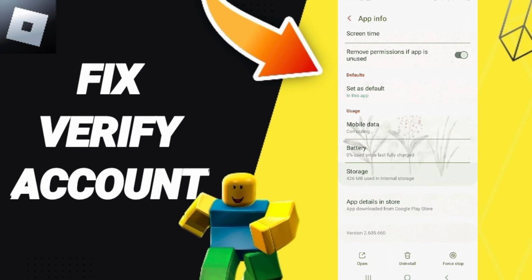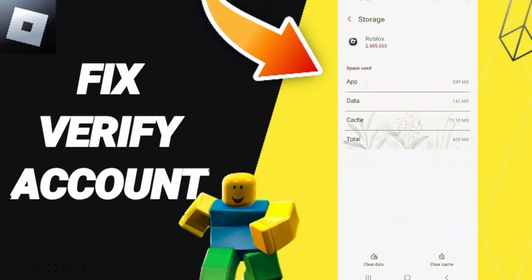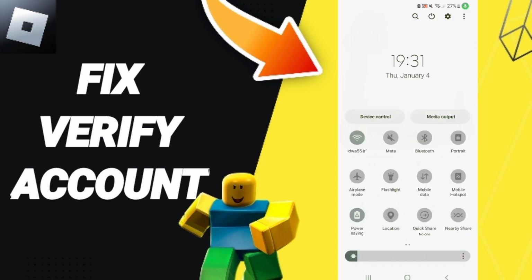Here we'll enter to the window of storage. Then you can click clear cache. Here we can turn off your Wi-Fi, and you can wait a moment to turn on your